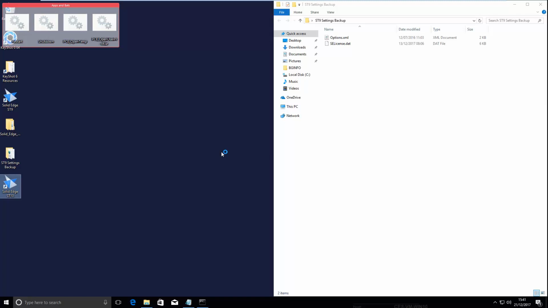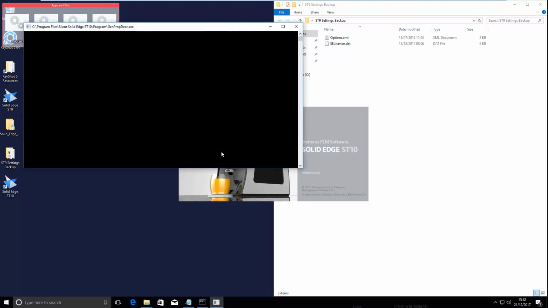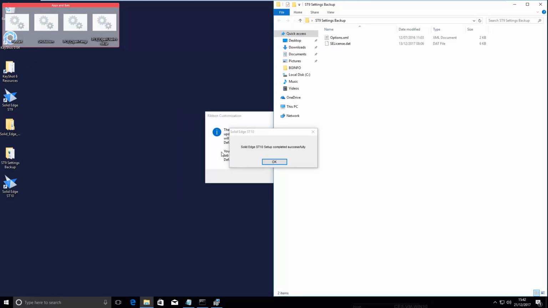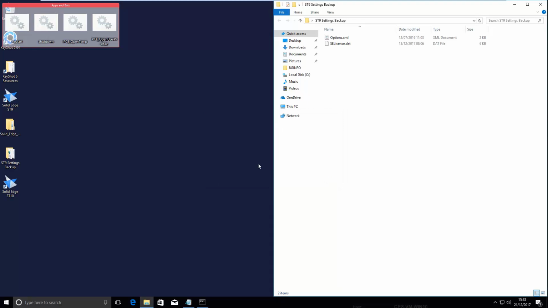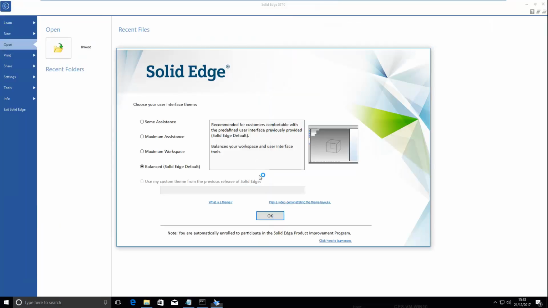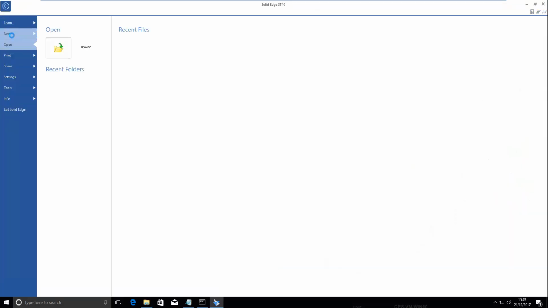If I want to toggle between active versions when double-clicking files to open them, I'll need to do so with the Install Media SPT tool's SE setActiveVersion.exe. Just remember that this isn't a normal install. We now have a test environment for ST10, which will allow you to test a new version before committing to an upgrade. Just bear in mind that your add-on products, such as standard parts, won't work with your test software,